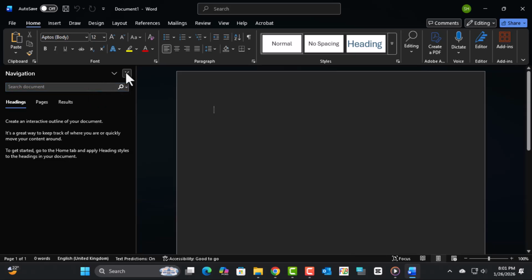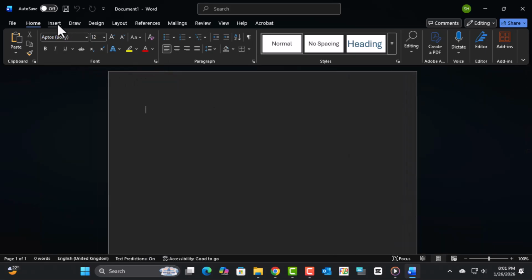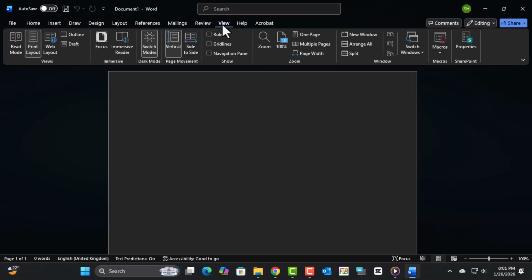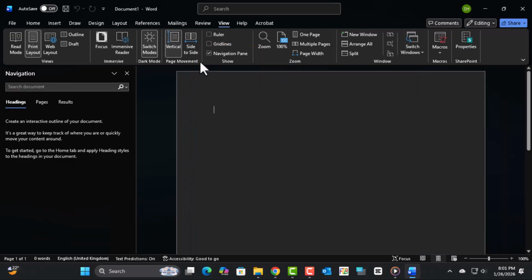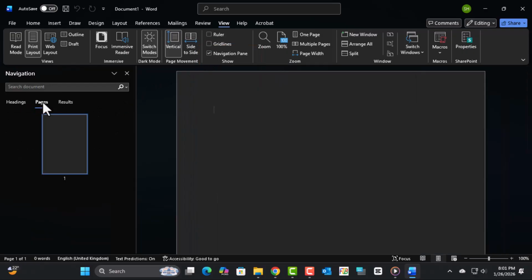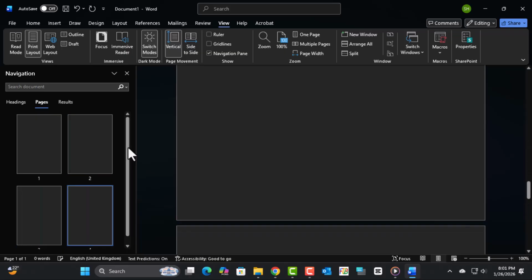Step 2. Click at the top of the screen and select the View tab. From the options, click on the navigation pane to enable it, which helps you easily move between pages in your document. Step 3. Now create multiple pages by pressing the Ctrl and Enter keys together to add several pages quickly